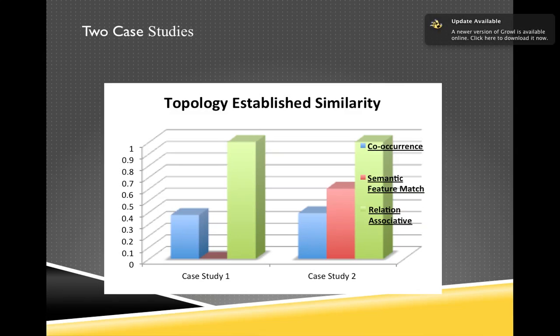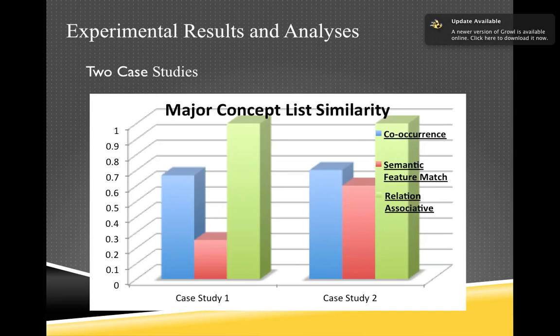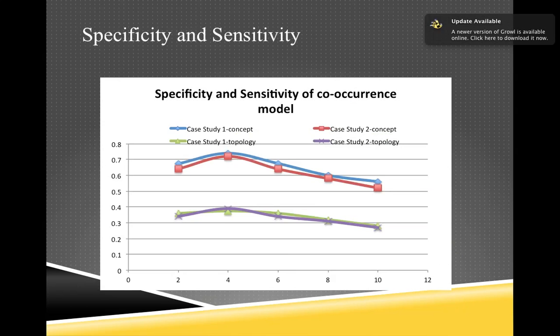And for the semantic feature match model, for case study 1, you can see that the relation is 0. You remember that I showed the topology constructed by the semantic feature model of case study 1. It has no relations, so the value here is 0. For case study 2, it has a much higher similarity value than the co-occurrence model. Based on these two case studies, I can see that the relation associated model is the most effective one, the co-occurrence model is better at detecting the concepts, and the semantic feature match model is better at detecting the relations. Here I also talk about the specificity and the sensitivity of the co-occurrence model and create